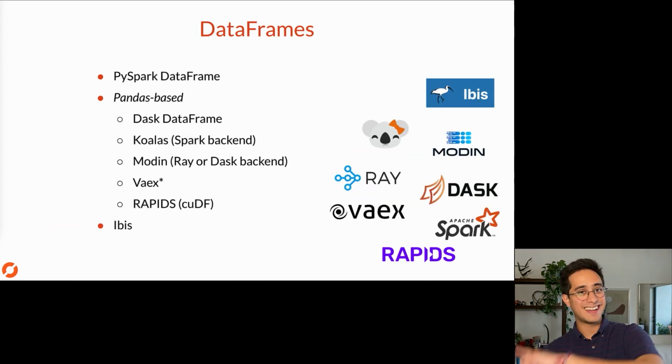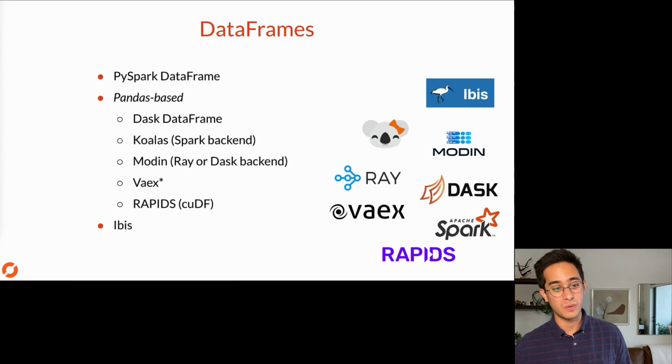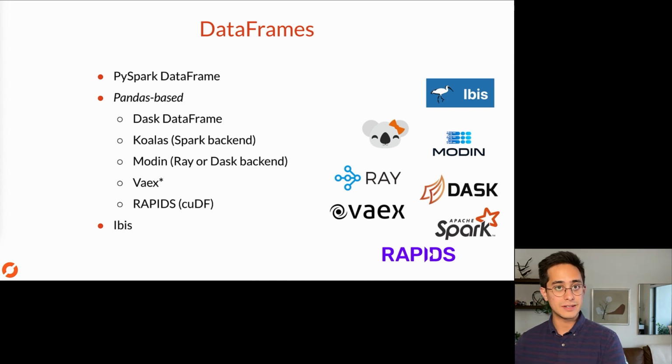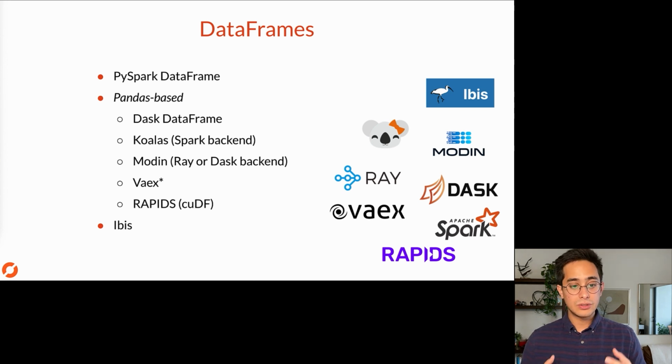Dataframes is the opposite now. Dataframes is the really, really crowded side of the parallel computing world. We have Spark, which is its own data frame API. It doesn't mirror pandas. And then the rest of these tools are really all mirroring pandas or pandas-based APIs. So Dask has a data frame, which parallelizes pandas data frames and handles the orchestration there. Koalas is a package that's a pandas front end for Spark. So all of your stuff is executing on a Spark cluster.